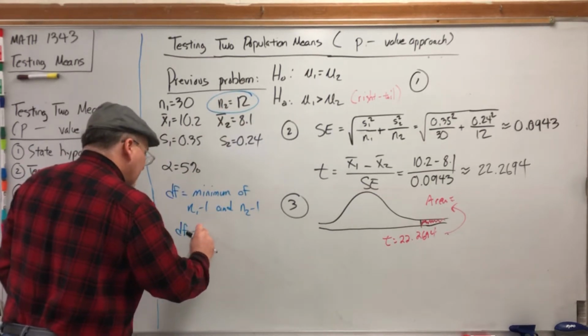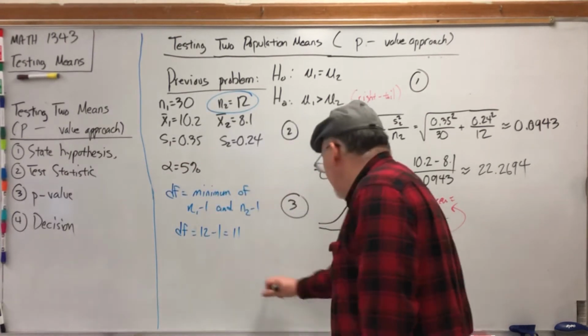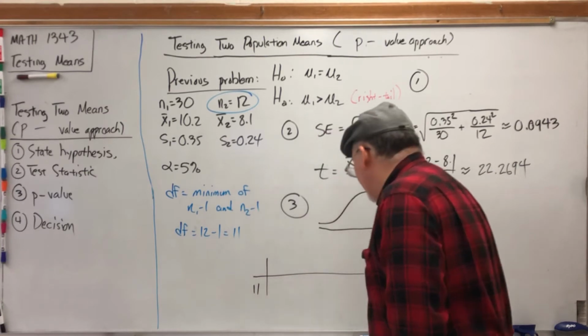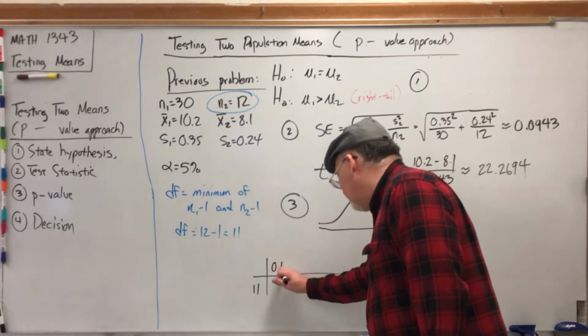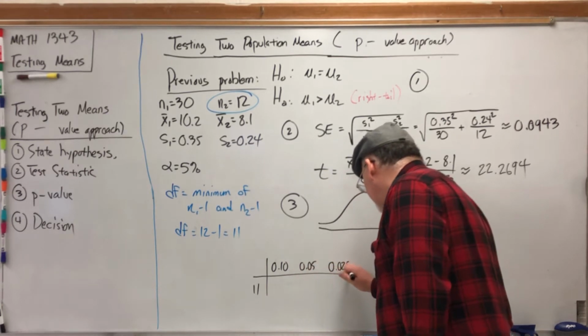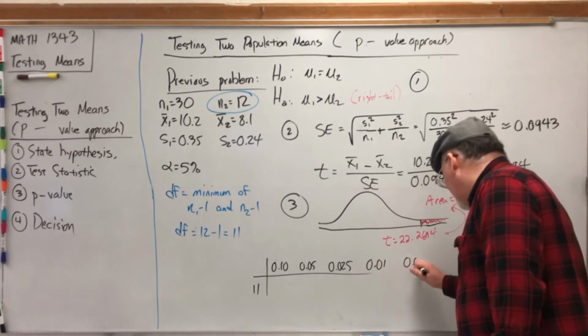12 minus 1 is 11. So we would go to the 11th row in our t-chart. Now give me 1 second, I'm going to recreate this. 0.10, 0.05, 0.025, and if you're wondering where these numbers are coming from, they are just the numbers on the top row